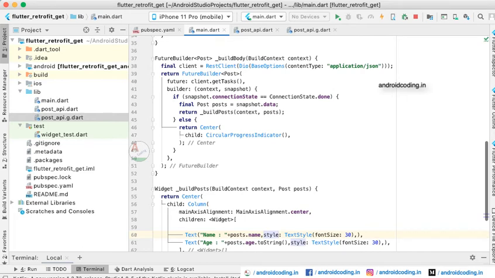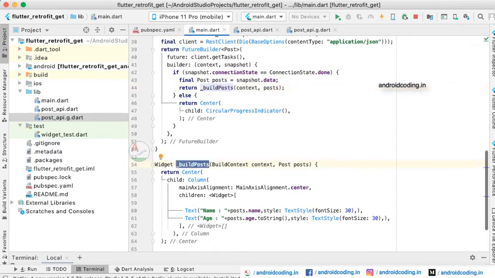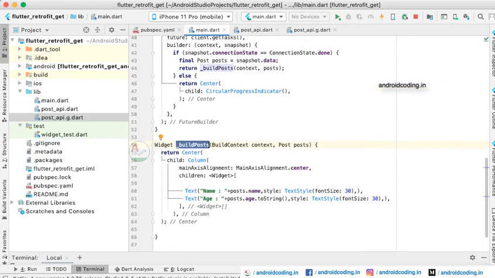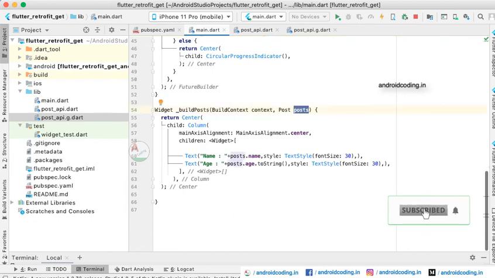you can see with the help of FutureBuilder we are calling our get task method here, and after fetching the data we are parsing the data. We are fetching the data with the help of a snapshot, and we are returning the buildPost method here. This is a widget again. With the help of a widget we can display data onto the screen. For this buildPost we are passing two parameters, context and post. With the help of this post we are passing the data and assigning it to the text widgets here. Now let us see the output here.